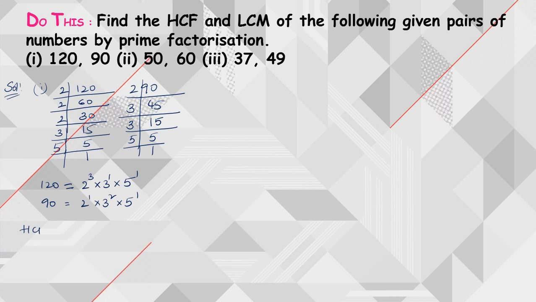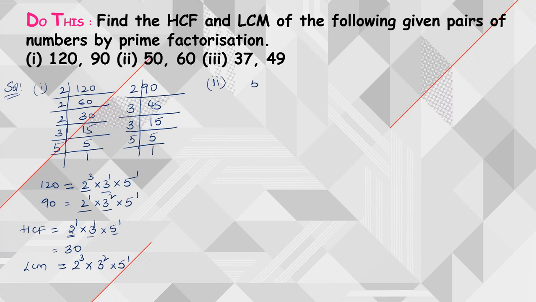Now from this, directly HCF is nothing but the least power. If you observe the least power of these two, 2 power 1 into what is the least power of this, 3 power 1 into 5 power 1. So 5 twos are 10, 10 threes are 30. So HCF is 30. The same way LCM also we can find out. So LCM is 2 cube into 3 square into 5 power 1. Here we have considered the least powers for HCF, and here you will be considering the highest powers, right? On simplification you are going to get the answer for this. So do it yourself.